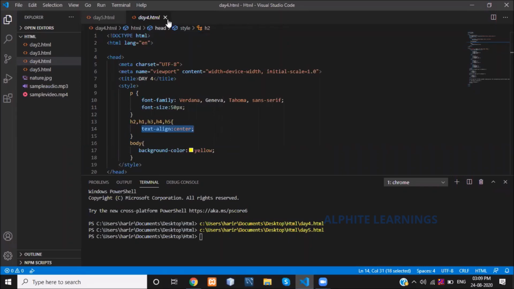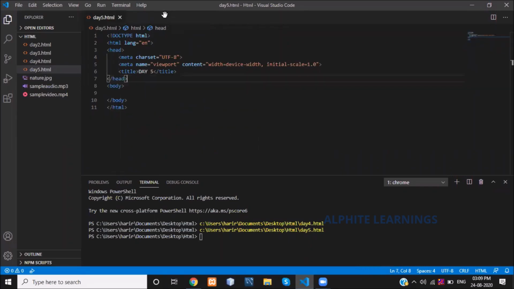Today we are going to discuss the last type of CSS, external CSS. What does external CSS actually do? It will create a separate CSS file, and we are going to link that CSS file to this particular HTML. Got it?